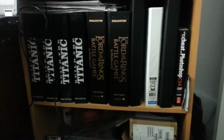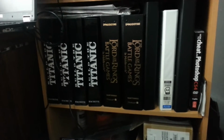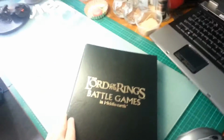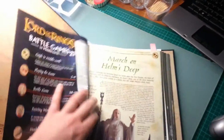The next one is the Lord of the Rings, which was another part work series, which I'm nowhere near finishing. They're like the wargaming, like Warhammer 40k, something like that. I'll just show you roughly. The good thing about these, actually this is what got me back into the hobby, starting to paint these things. But the good thing about these is they